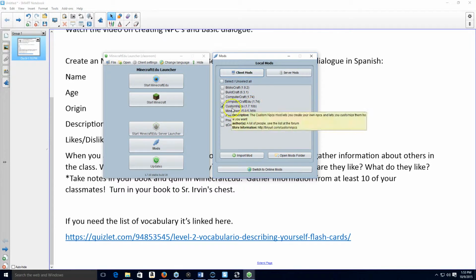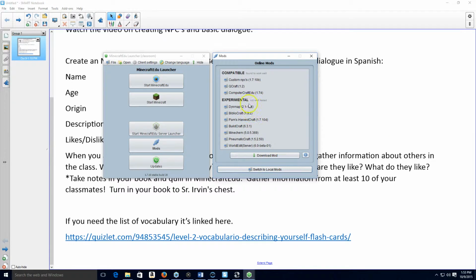So you're going to want the one called custom NPCs, the 1.7.10 build. I have a link to get to that on the MinecraftEdu site, and then they have a link to get to it from somewhere else. But I found out that you can just click here to switch to online mods, and they have all of the mods here, and the top one here is custom NPCs. If I double clicked this, it would download it automatically to my space,